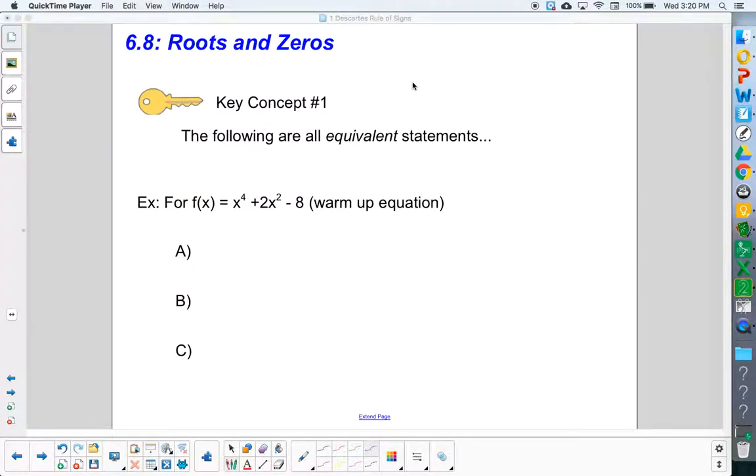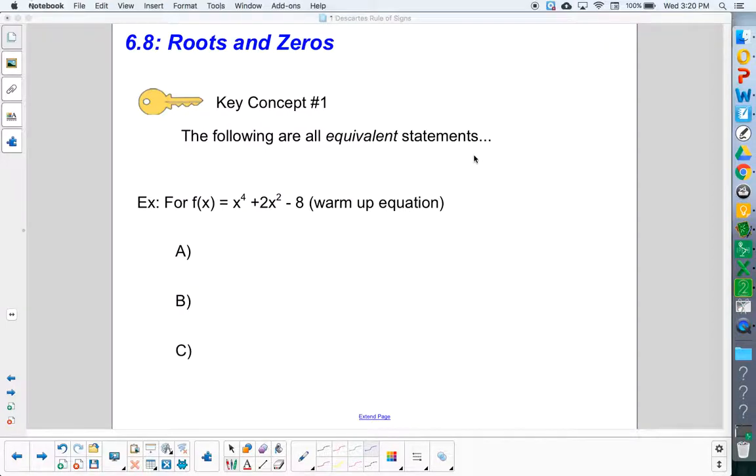Okay, so we're going to start notes on section 6.8, which is on roots and zeros. So I'm not going to go through the warm-up. The warm-up equation's up here, and we're going to go through the first key concept from this section. So all three of these statements that I'm going to write are all equivalent, which means they all mean the same thing. And so before I get started, I'm going to write the answers that we got for the warm-up